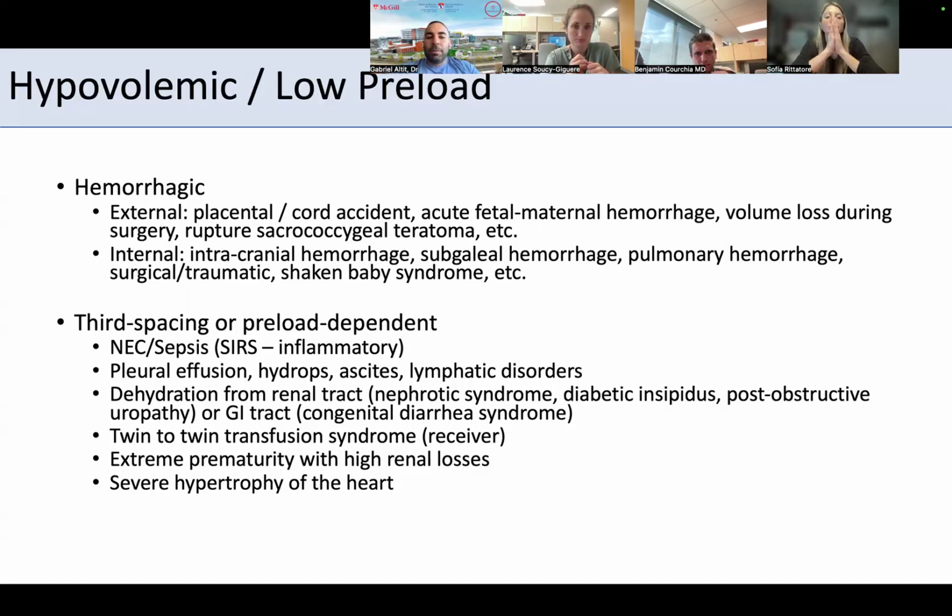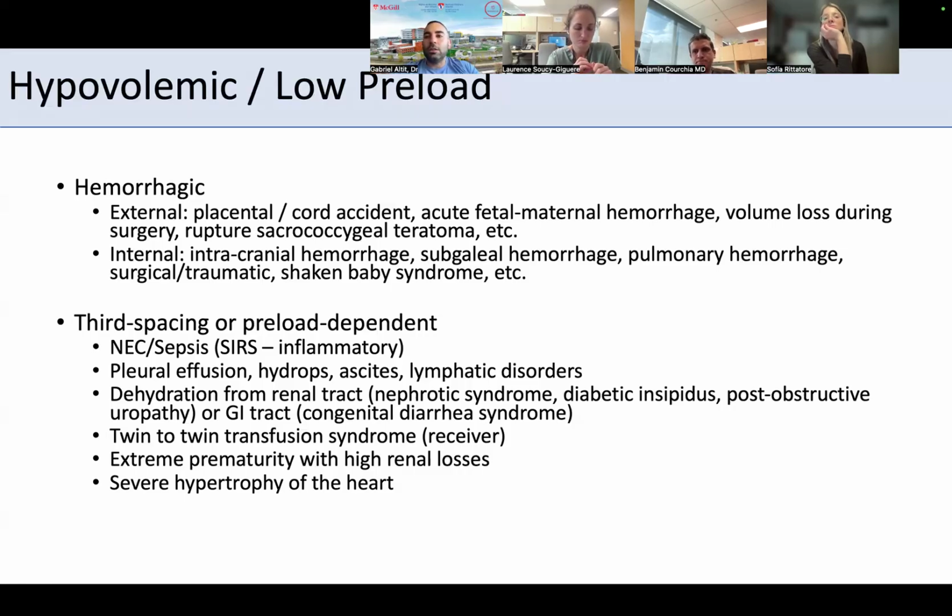Third spacing, preload dependency. There are many reasons some of our babies may have that. So we know NEC, sepsis, they have systemic inflammatory response syndrome. Some of these effusions, hydrops, ascites, lymphatic disorders, especially in Noonan, can have issues, or trisomy 21. Dehydration from the renal tract. So, you mentioned, Ben, this baby, they are typically born with this tubulopathy of prematurity, where